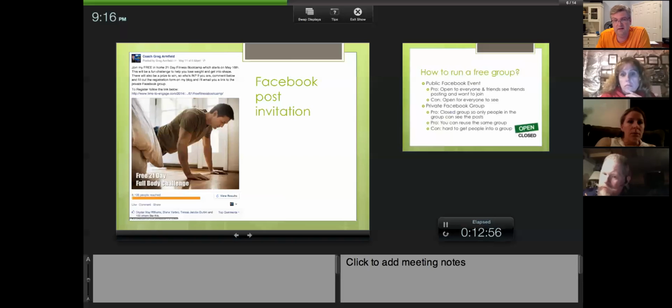You don't have to do that. Don't worry about it if you don't have a blog. You can simply give them the link to your event or the link to your group. Come up with a simple picture and a nice little block of text. Don't write a book, because people don't want to read multiple paragraphs. Just keep it simple. Give a high level of when it starts and what it's going to be, and whether you're offering a prize. You can see that I offer a prize: a $25 Amazon gift card at the end for whoever wins the most points.